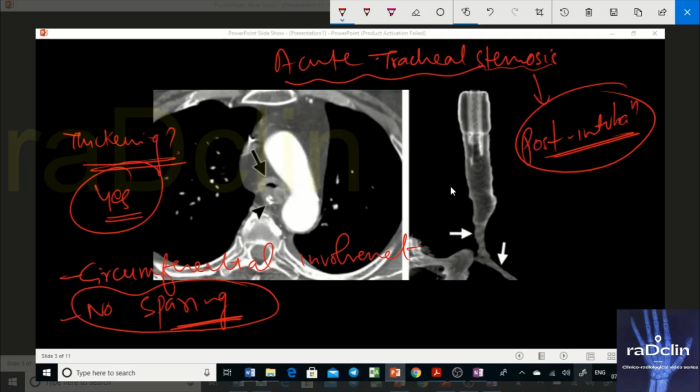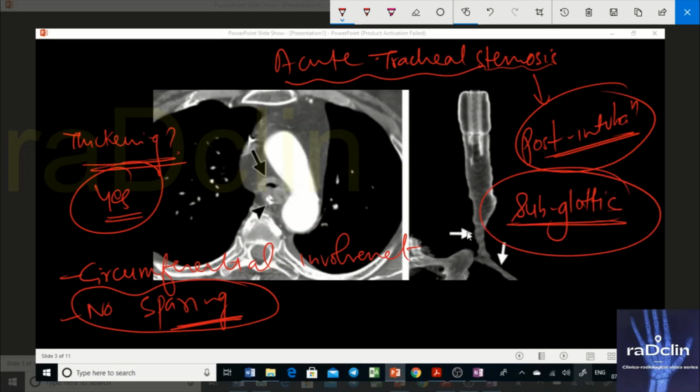Wegener's will look like what? It will look like this only. There will be circumferential involvement. All parts of the trachea are involved. Now, typically, if you ask me what part of the trachea is involved, it is the subglottic trachea, but it doesn't mean that other parts are not involved. Even the larynx can be involved in rare cases, and even the bronchial tree. The proximal bronchi can be involved. So larynx and bronchi can both be involved also.